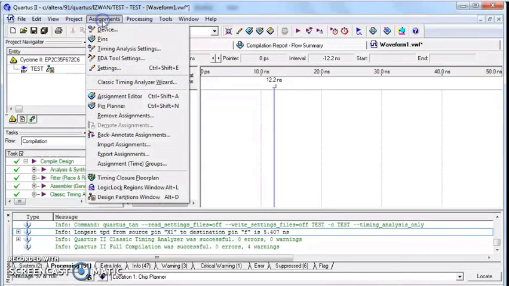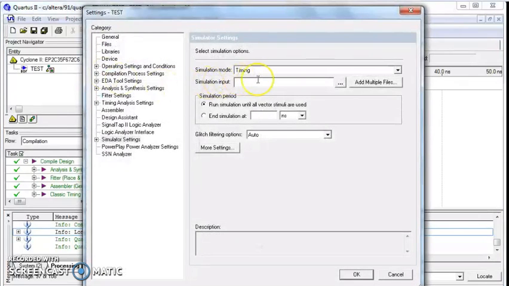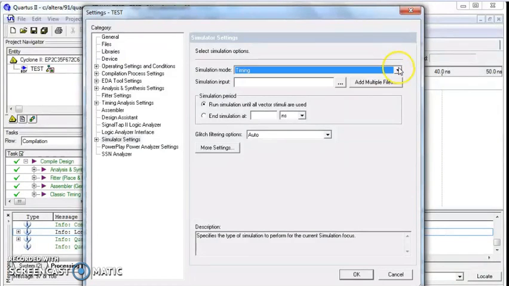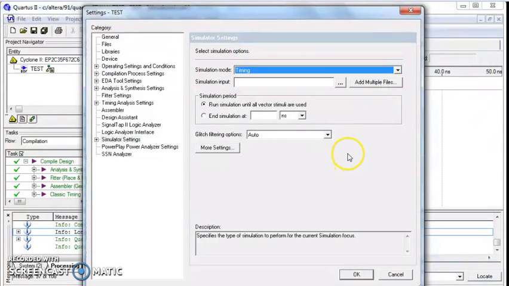Then we go to Assignments, click on Settings. Okay, so here you have to go to the Simulator Settings category. Here you look at the simulation mode. As you can see, there are 3 types of them, which are timing, functional, and timing using fast timing model. So make sure you change it to